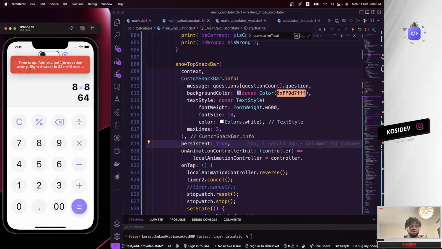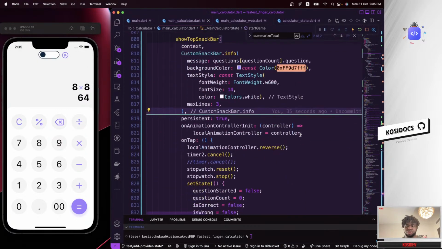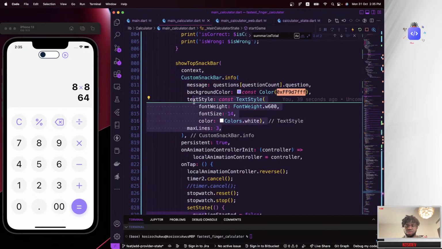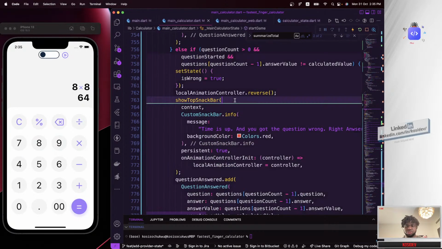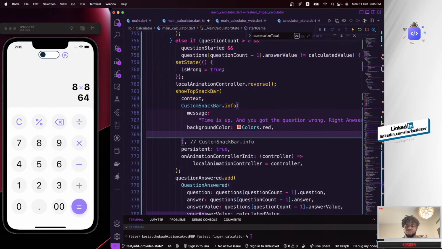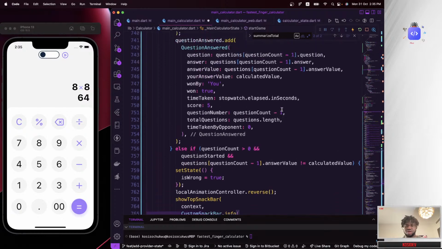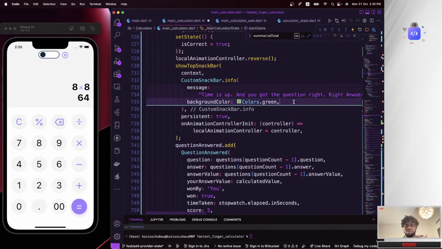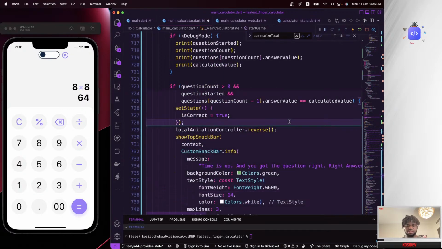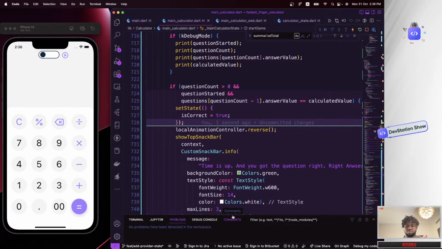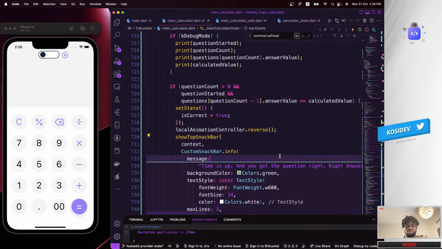I think it will be good to actually fix both the answers and all those stuff at the same time. Cancel the game. And let's go ahead and work on those ones also. Copy the max line that we have here and use that on the stop snap bar that we actually have right here, and also do the same to what we actually have right here also. And you go ahead and save this. And if you go ahead and start the game again,